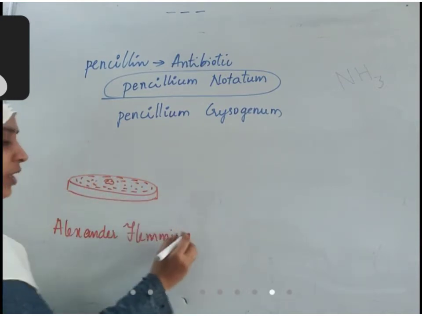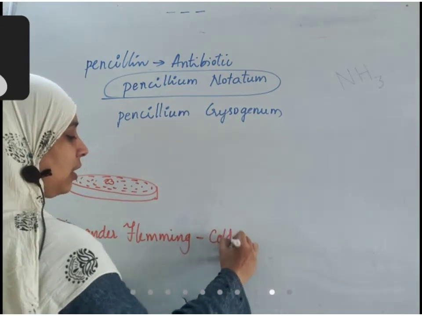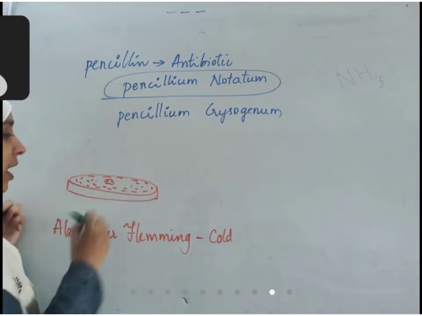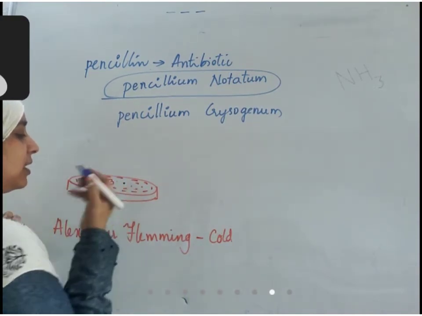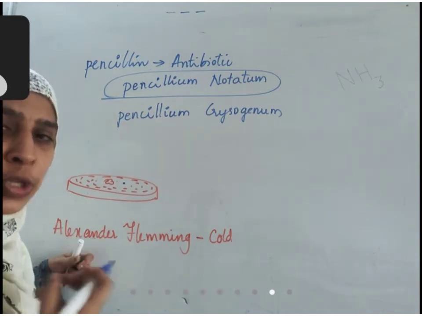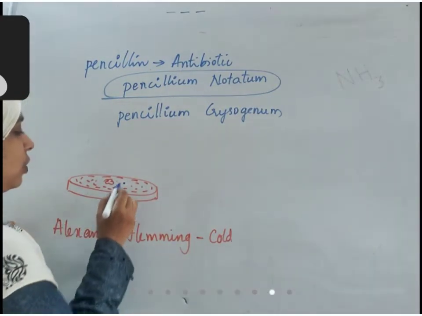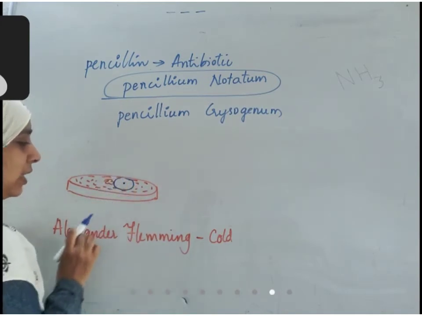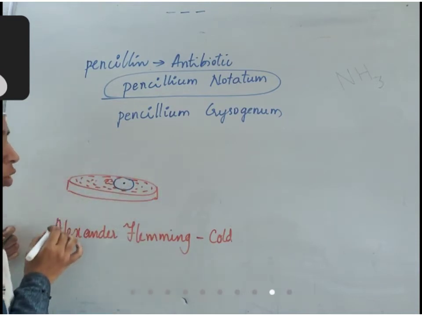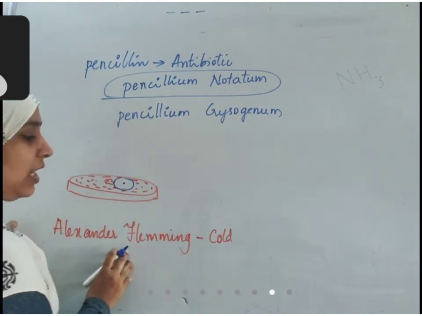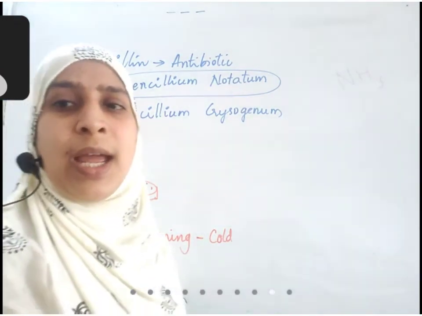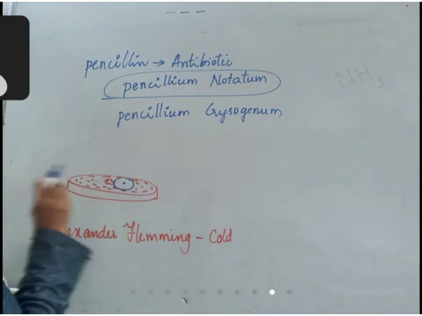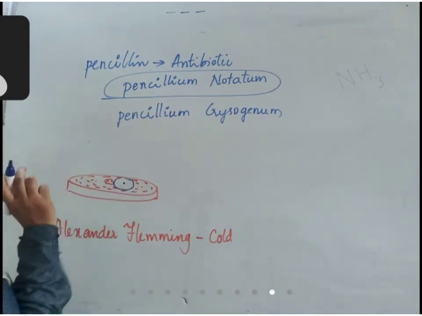But since he was infected with the cold, one of his nasal drops fell into this, let us assume this area. In this area, a drop from his nostrils has fallen in that culture. In this area, he did not see any microbial growth. Bacteria did not grow. The remaining area is all occupied with bacteria. So he identified that cold is caused by fungal infection, and with this he identified that some fungus can be used to stop the growth of bacteria.